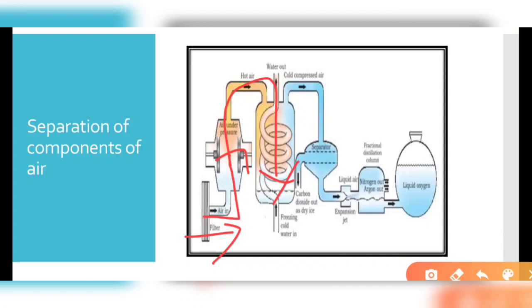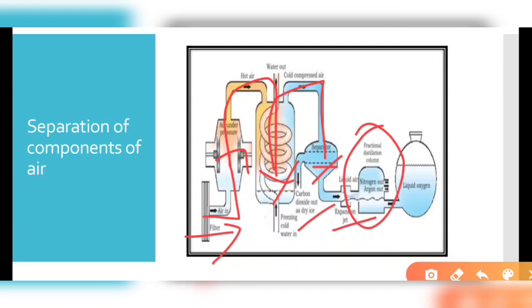Again, this process will be repeated 2-3 times so that it will get condensed or liquefied very easily. After the cold compressed air, it will move to the column where the components are separated out. Carbon dioxide can be separated out as dry ice by applying pressure and by reducing the pressure or the atmosphere temperature accordingly. Then the mixture that is left, we'll apply it to the fractional distillation column, and